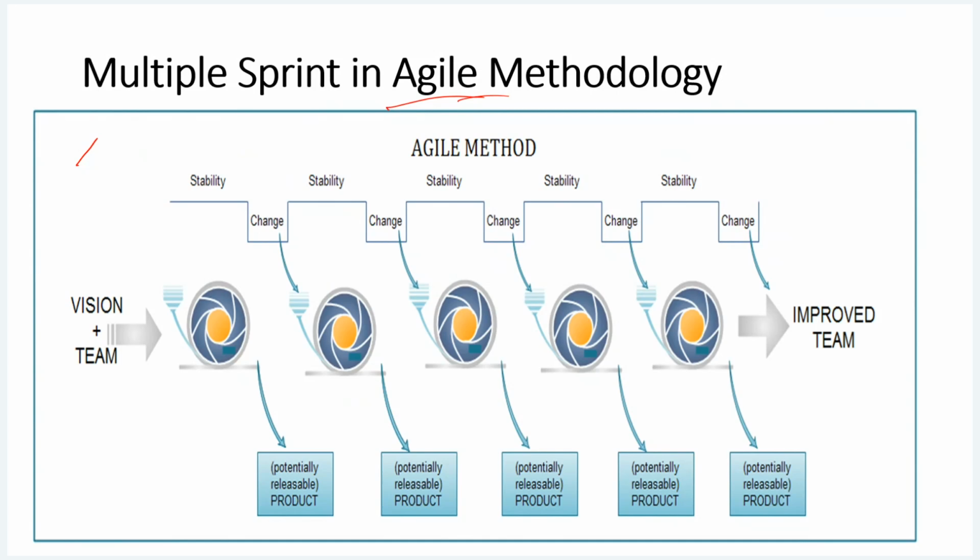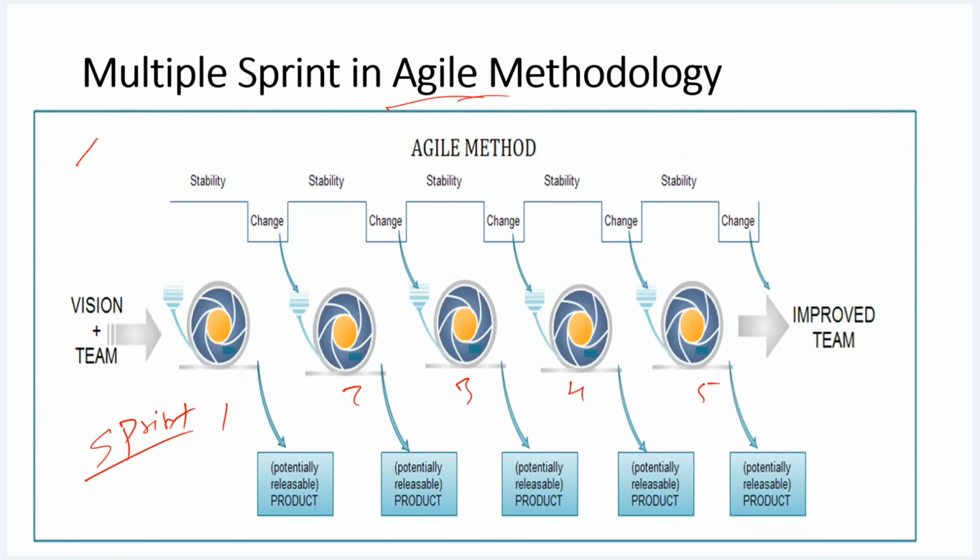In the agile model, there is actually a cyclic phase. This is the first cycle. Cycle means sprint; here we use the word sprint for one cycle. This is the first sprint, second sprint, third sprint, fourth, fifth, and so on. Multiple sprints may be there based on your project duration. Multiple factors will have an impact.